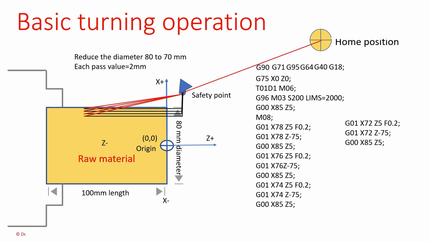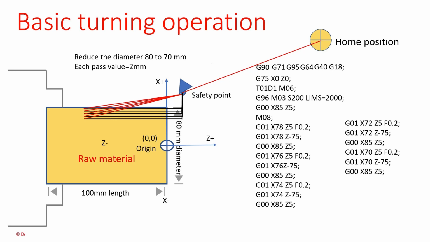Again, the tool moves in the X direction. That value is G01 X70 Z5 F0.2. The next tool move is in the Z direction. That value is G01 X70 Z-75. After this, the tool is returned to the safety point,